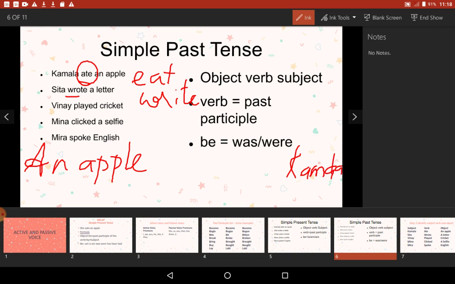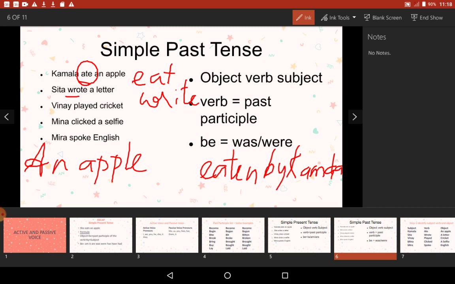So after changing the place of subject and object, we need to change the verb. So which is the verb here? It is ate. It is in past tense form. We should write in the past participle form. So here the verb we write will be eaten. We should also add by